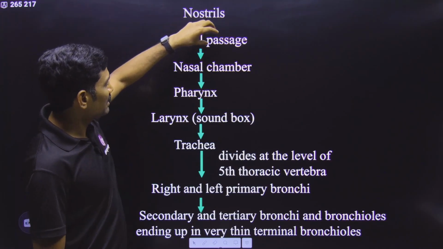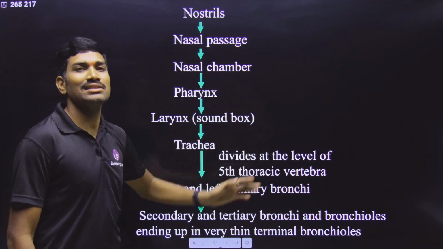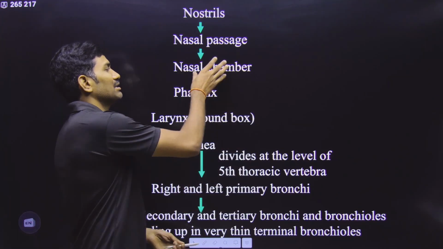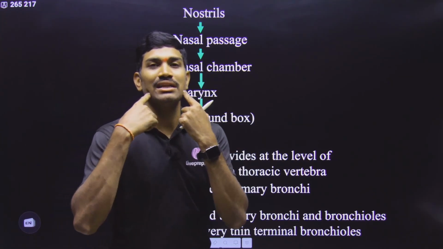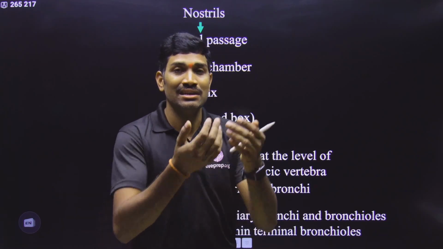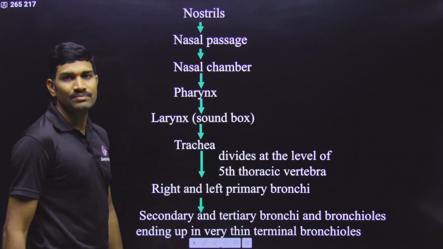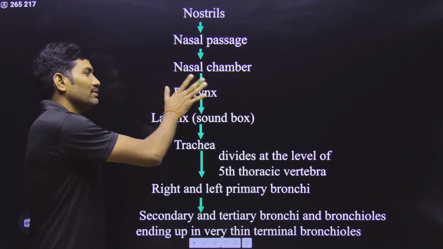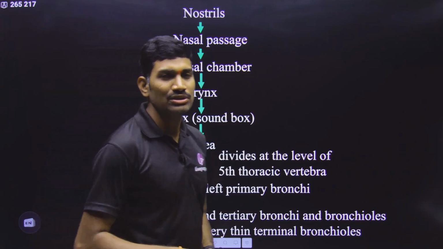So through the nasal passage, it is opening into the nasal chamber. And for this nasal chamber also, on the inner side again openings are there. They are called internal nares, and they are opening into this pharynx. Yes or no? Even though the digestion and absorption chapter is deleted, I told